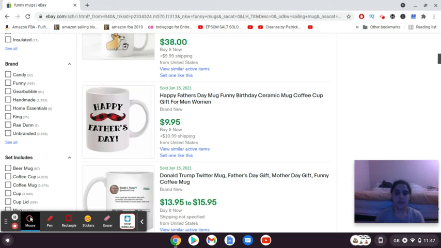Now you're probably thinking, where's the catch? The thing is that everyone wins in this, and I'll tell you how. Someone purchases your mug, for example, or it can be your t-shirt or your hat, because there are millions of products you can create. It doesn't have to be mugs. Let's just say it's a mug. You create a mug, put it on eBay, and then someone buys it. When someone buys it, eBay takes a cut of the sale, which I think is about 11% for mugs, but I'm not sure for other products.